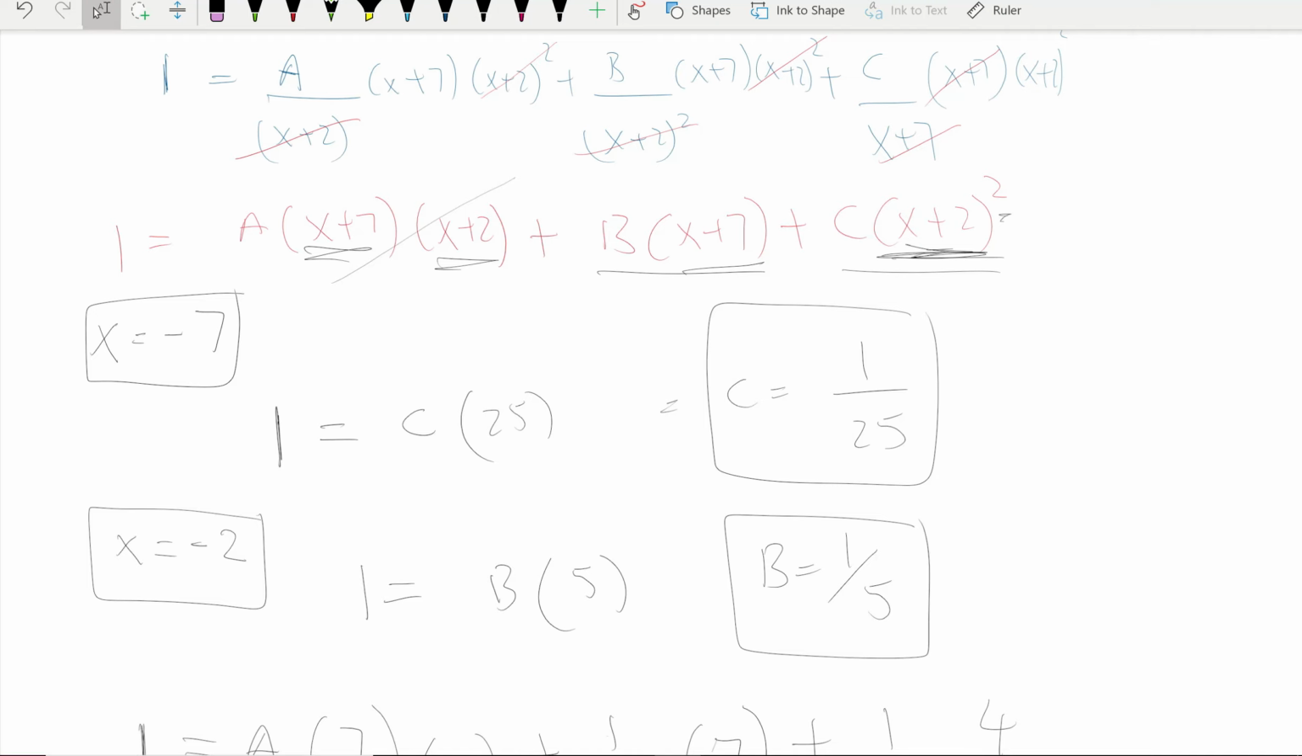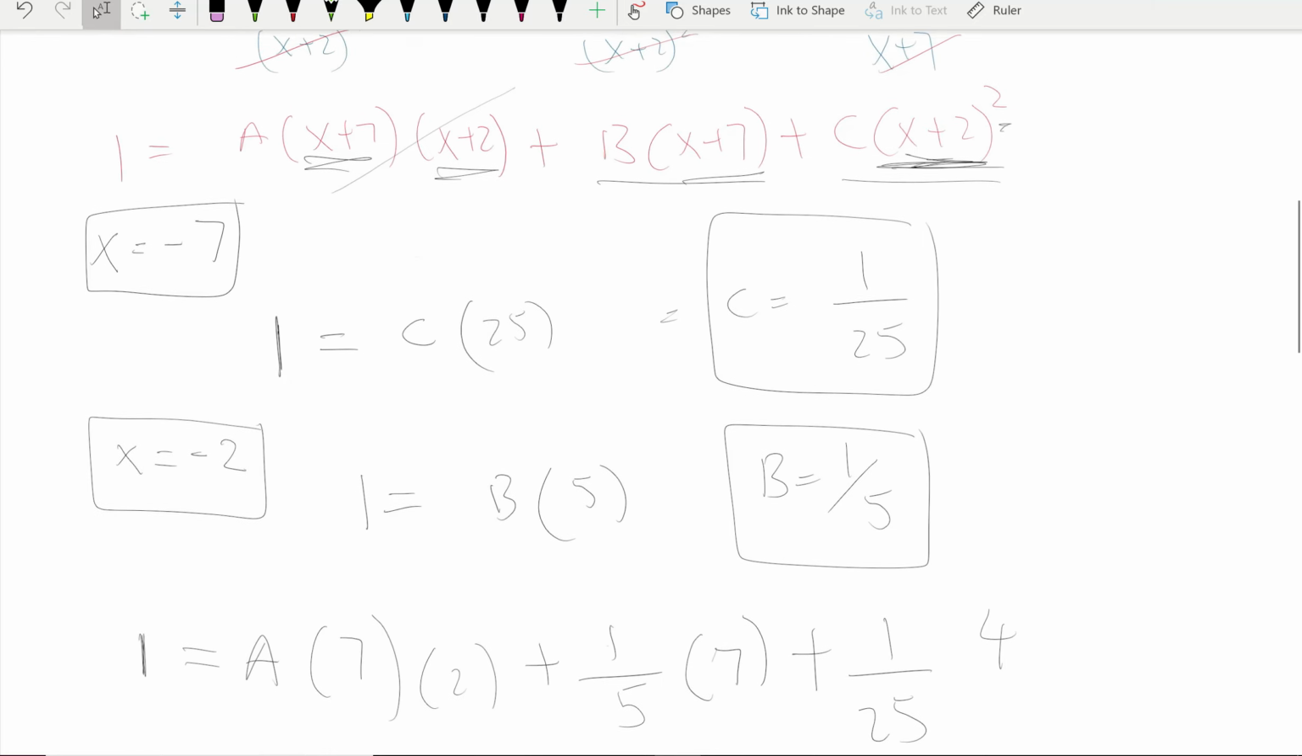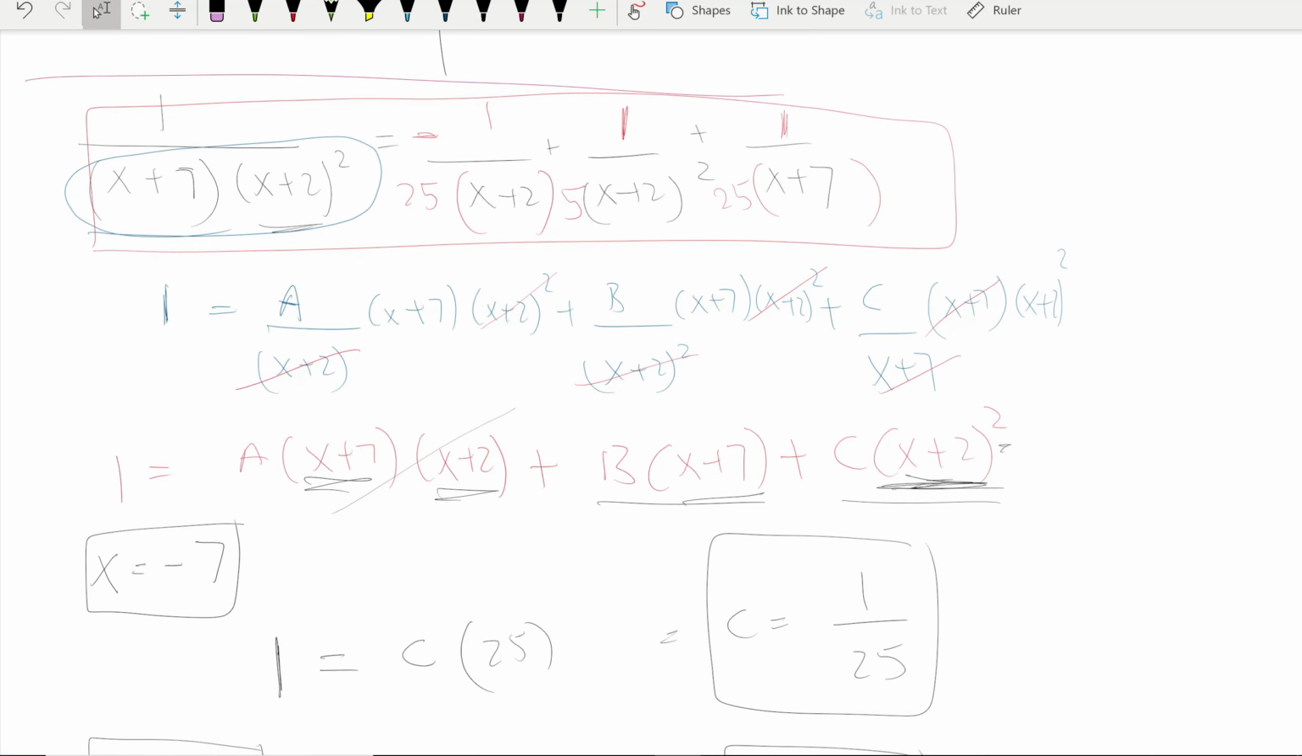But 0 works well as well. So that's how you find the constants A and all those constants in decomposition with method 1. Remember, we can use method 1 for distinct linear factors or problems with linear repeated factors like this. Okay, so for irreducible factors,